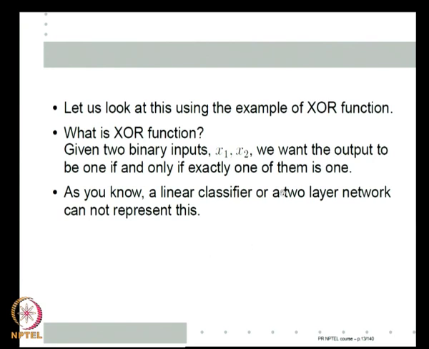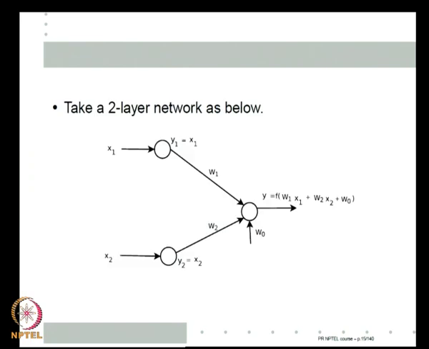As we already know, a linear classifier or a two-layer network cannot really represent this, right. This is not linearly separable. So, a linear model cannot exactly represent this function. Let us try and understand, it is not really a proof, but a plausibility argument, as to why a two-layer network cannot represent this. Let us take a two-layer network, there is x1, x2, these are the input nodes. So, the output of this node is simply x1, the output of the other node is simply x2, there are two weights and then the output node can have a bias. So, the final output I can get is f of w1 x1 plus w2 x2 plus w0.